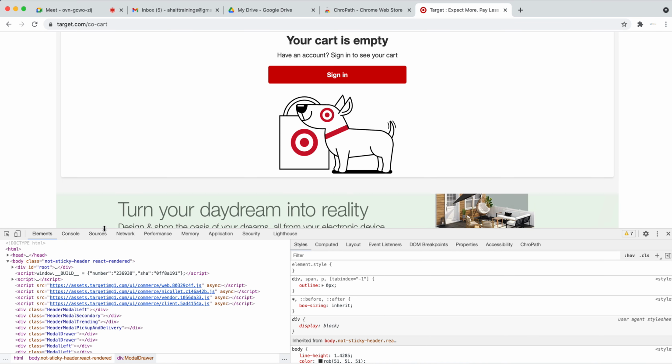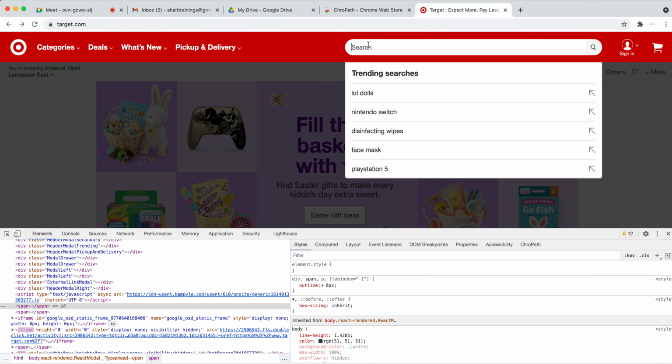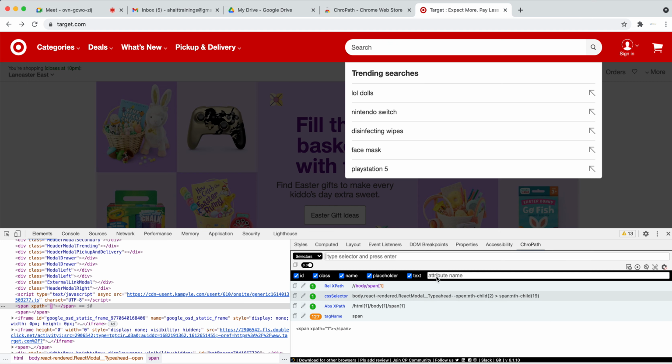So to capture the elements, Selenium needs some unique identifications. That means, suppose when I go to target.com, Selenium needs some unique identification to capture the web element. How can we give the unique identification? Every element should have some path. When I go to ChroPath, it is showing 4 paths to capture this element, to reach this element. We have 4 kinds of